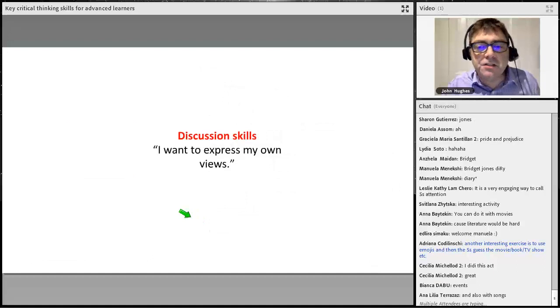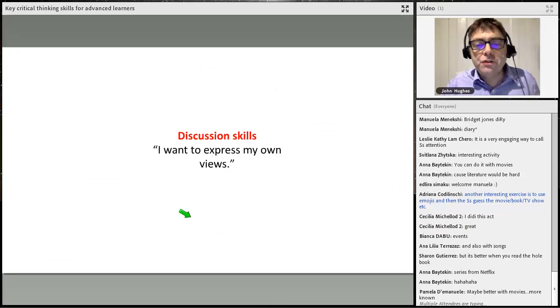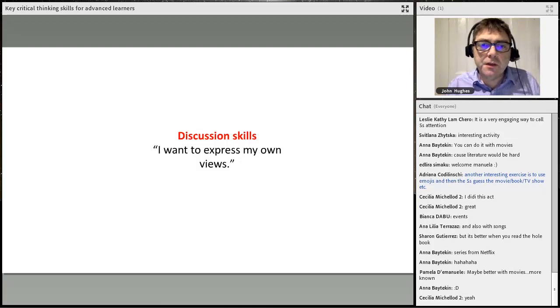Okay, next skill, discussion skills. We want students to express their own views, so they might have read something and I want them to express an opinion or have a discussion. I don't have too much to say here because I think with advanced learners, quite often they have quite a lot to say, and quite often their cognitive level is such that you can take in quite complex texts and they'll talk about them and they'll have ideas about them. I think there are 2 ways in which we can help them. One is with the